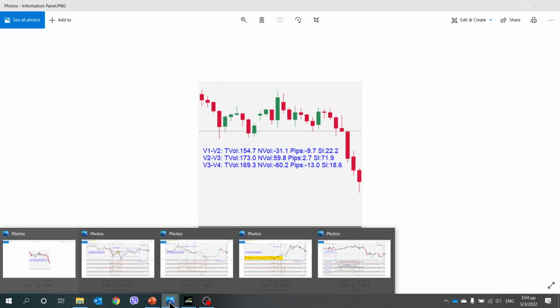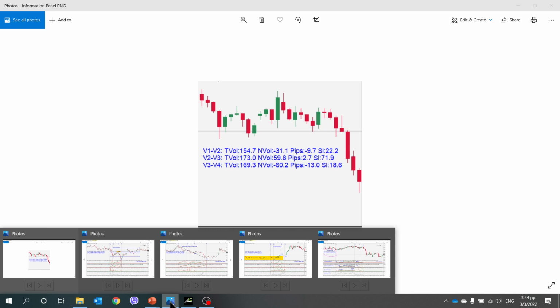Now, most important of all, why do I need this? Where am I going to use it? Well, I will show you 3 applications of this indicator, and you can think also, I guess, many more.